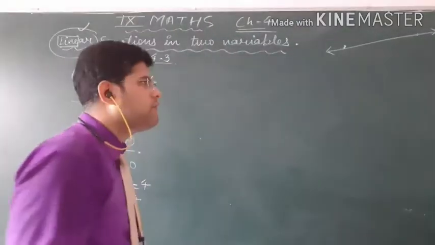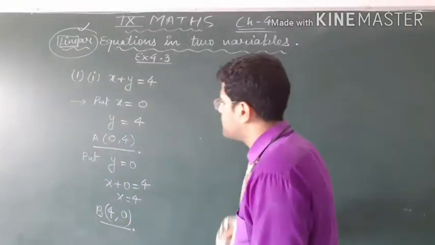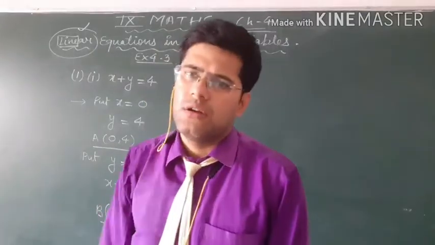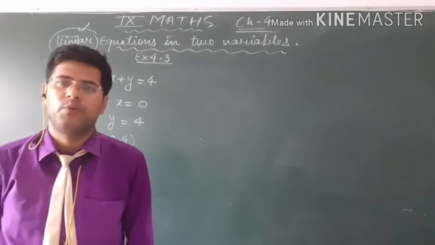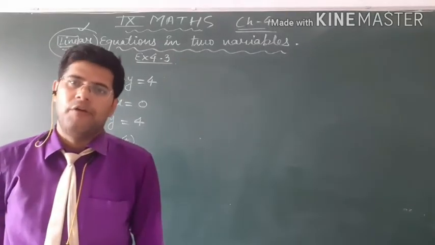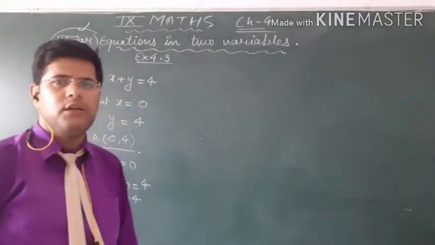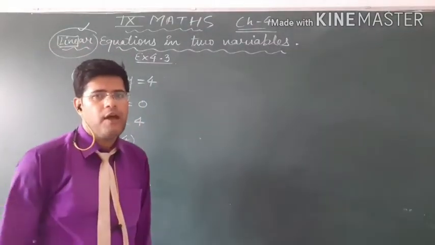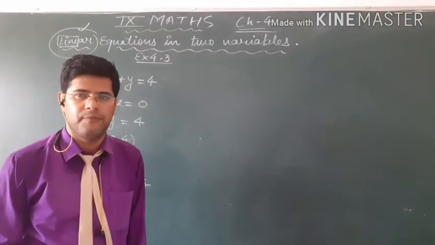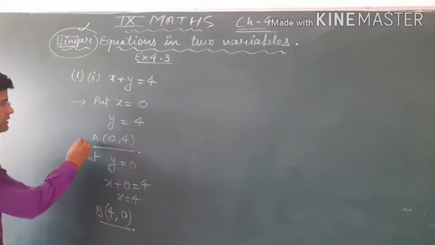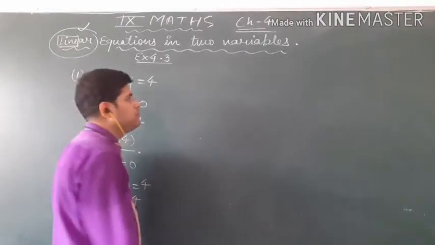So by the concept of a line, we are going to talk about the linear equation. By the concept of a line, we need only 2 solutions, not more than 2 and not less than 2. If we have 1 solution, we are not able to put that on the graph. If we have more than 2, it is not needed. But if we have only 2 points, that is sufficient for having a line on the graph. So here I have the 2 points A and B, and I am going to place these points on the graph.